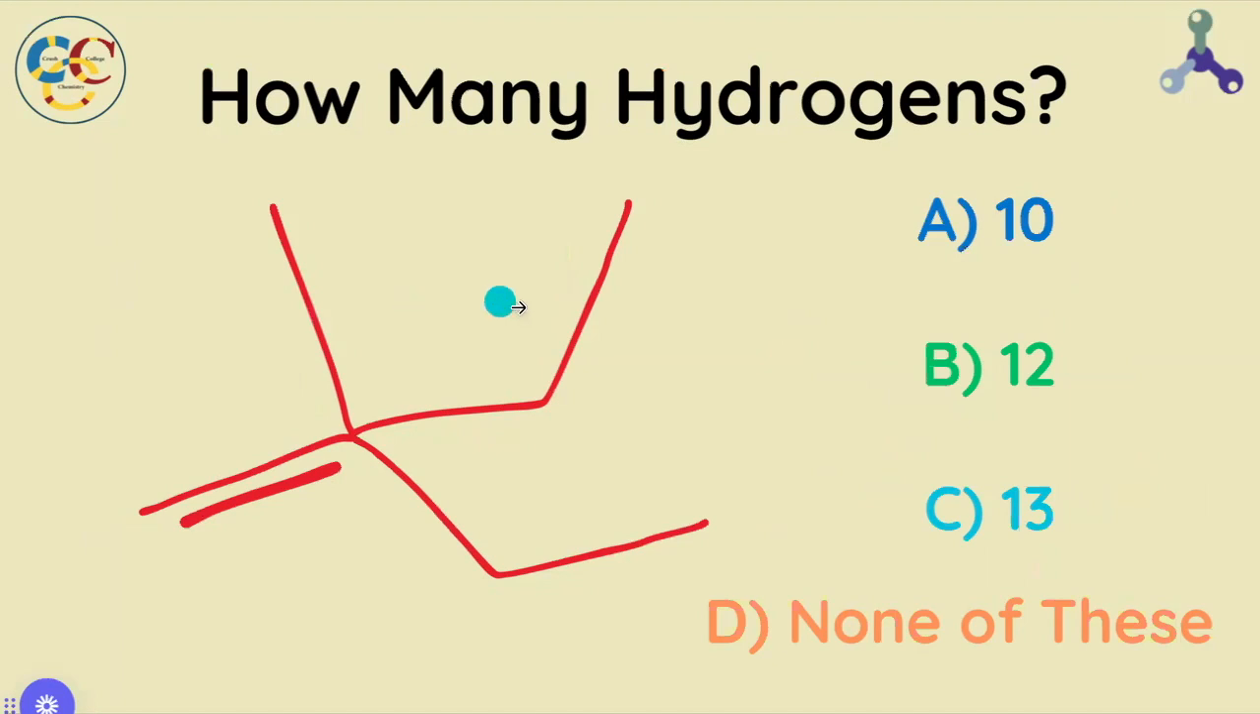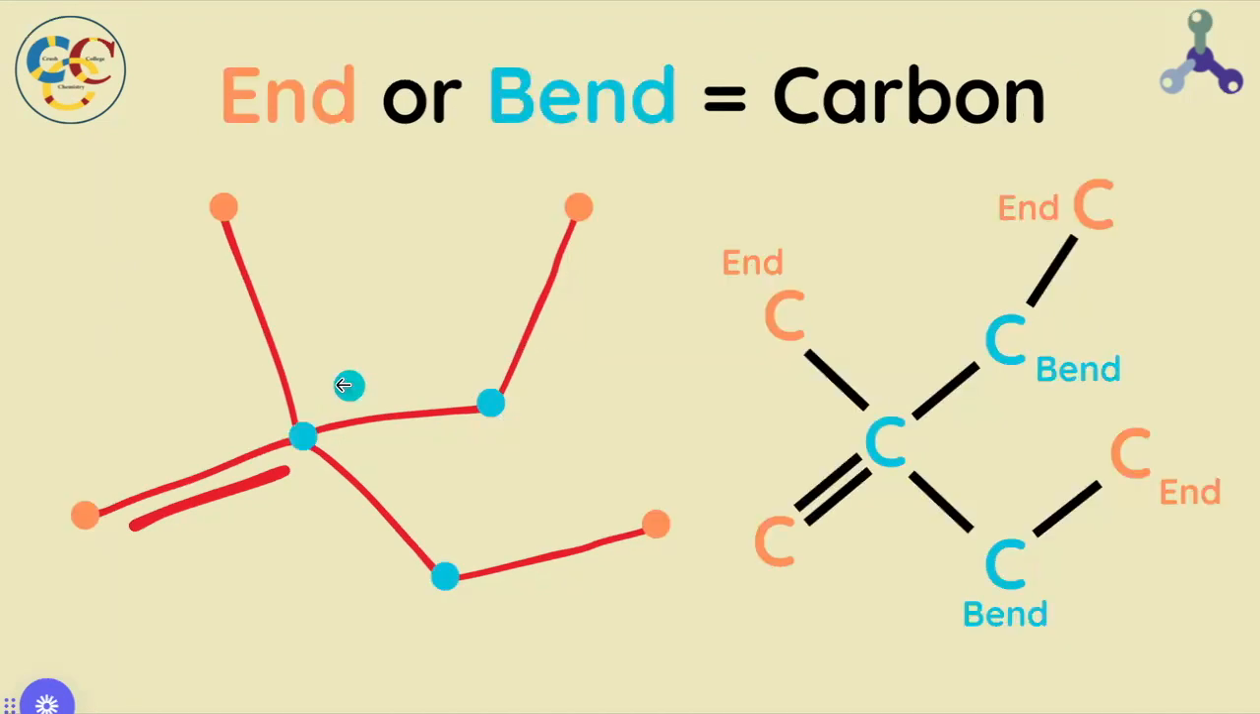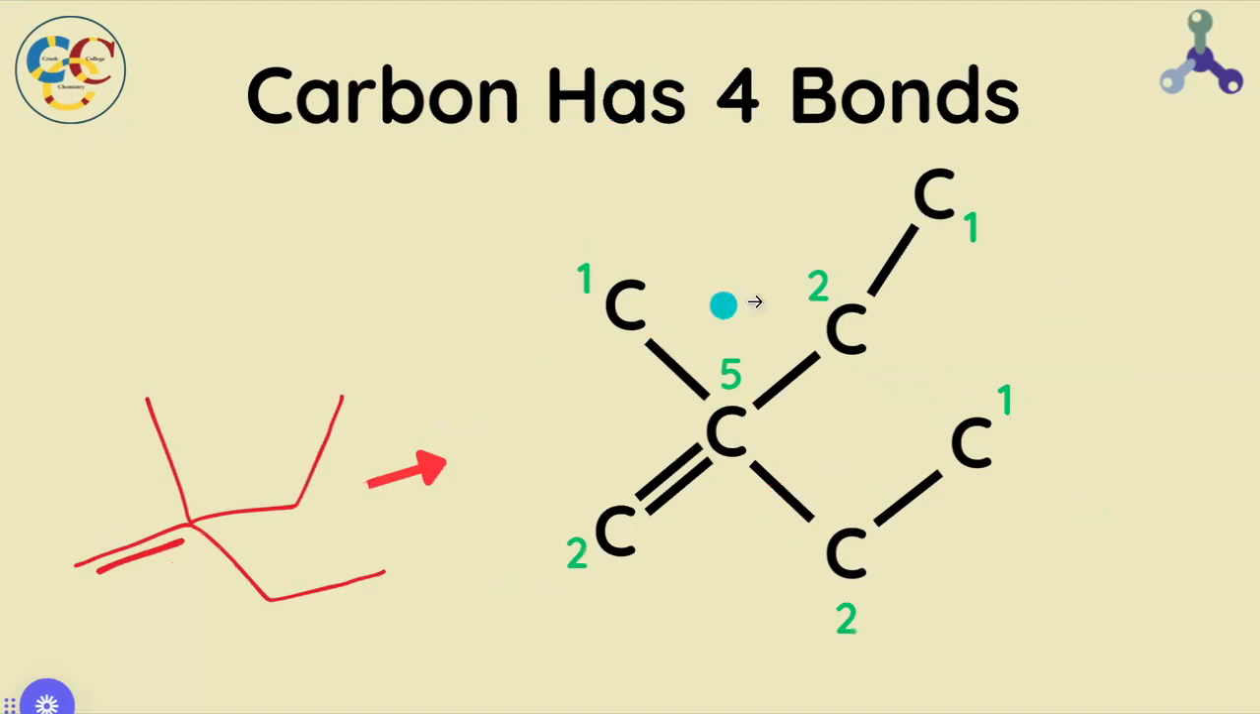How many hydrogens does this molecule right here have? In order to figure this out, we can translate our bond line notation into a Lewis structure, and the ends and the bends are all carbons. And to find out the number of hydrogens for a molecule, we must figure out how many bonds each carbon